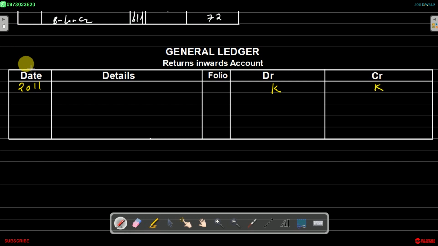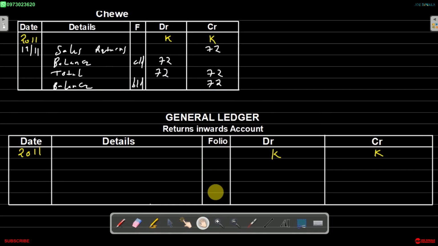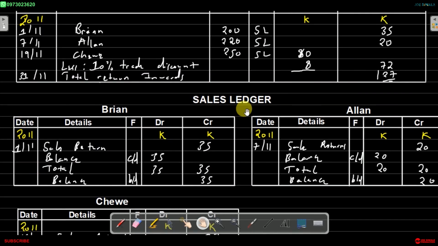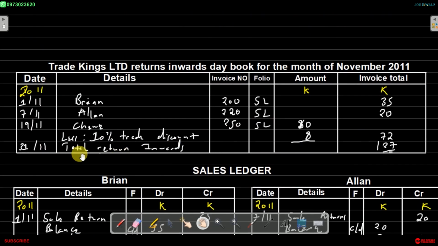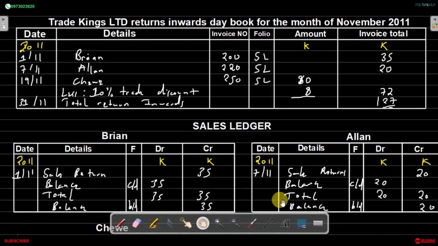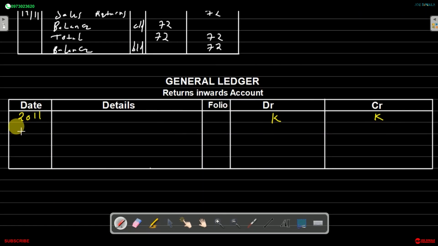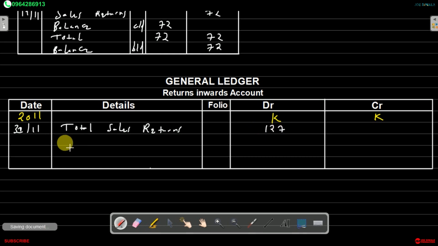So there we can find the total sales returns, and we can get them from the returns inwards daybook. Here we have total returns inwards that amounted to 127. So we have to record that. At the end of the month, which is 31st of November, we'll say total sales returns, and that amount is going to be debited, so we say 127. So we can find our balance,